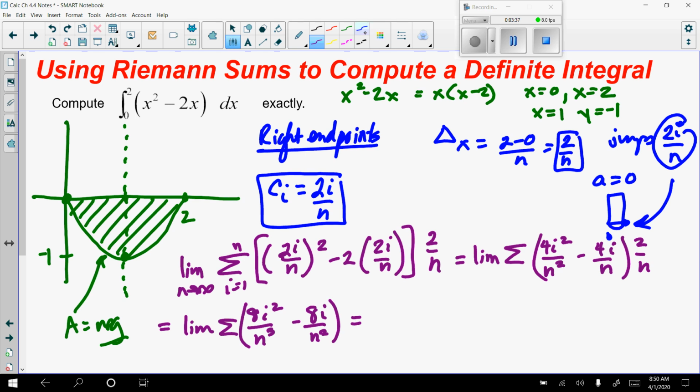Now I can separate that into separate limits, separate sums. So the limit as n approaches infinity of 8 over n cubed times the sum of i squared, minus 8 over n squared times the sum of i,